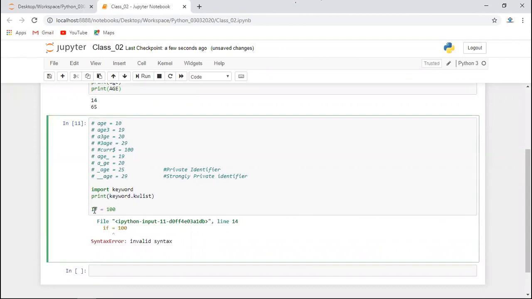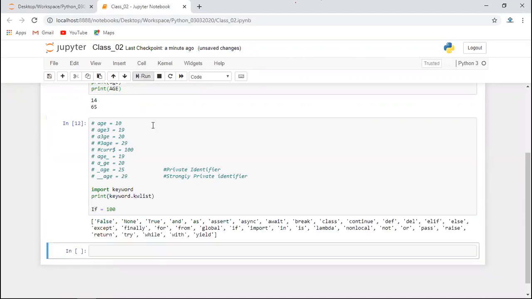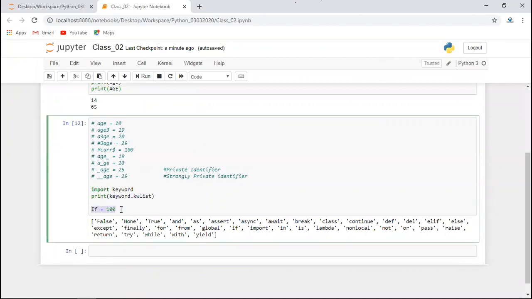Yes, you can have capital IF, because capital IF is not a keyword. If you run this, it will run fine. But again, it will create a problem for another programmer who looks at your code at a later point of time. When someone simply skims through the code, they will understand that you are writing some condition, they will not pay attention here, and then they might misunderstand something. So you have to avoid this kind of confusing situation. Never use reserved words as your identifier, whether it is small if, capital IF, never use it.